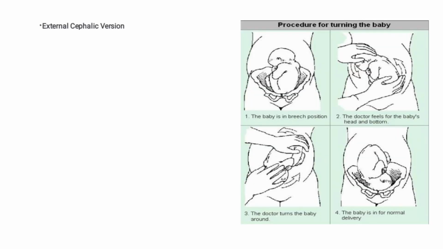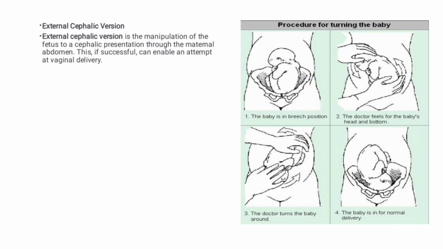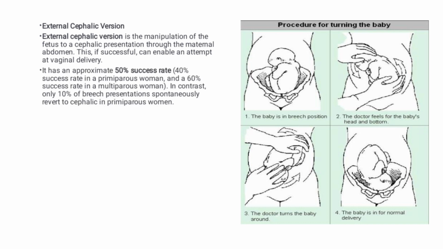Okay, so in terms of external cephalic version, it is just a manipulation of the fetus to a cephalic presentation through the maternal abdomen. This, if successful, can enable an attempt at a vaginal delivery. It has an approximate 50% success rate: a 40% success rate in primiparous women and a 60% success rate in multiparous women. In contrast, only 10% of breech presentations spontaneously revert to cephalic